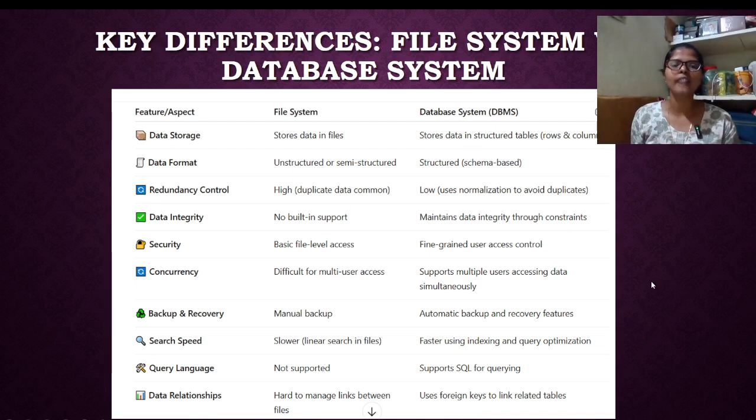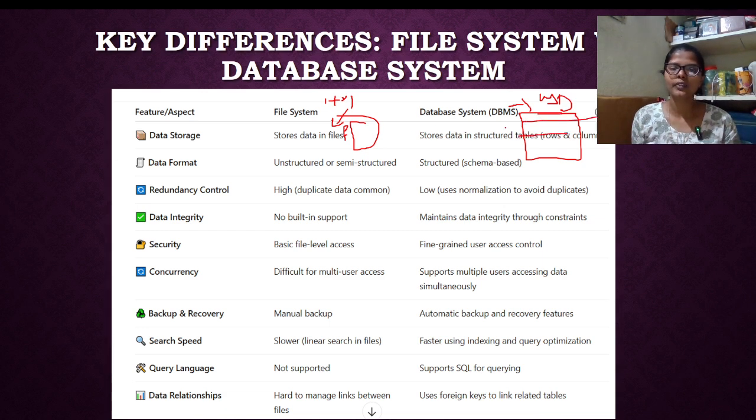When it comes to the file system, we are storing the data in a file format in our operating system using File Explorer. When it comes to the database systems, we are storing the data in a structured format. For example, you are storing the data in a text file like .txt or .csv in your File Explorer or local C drive. With a database, you are storing the data using DBMS software, and you are arranging the data in a tabular format like rows and columns.